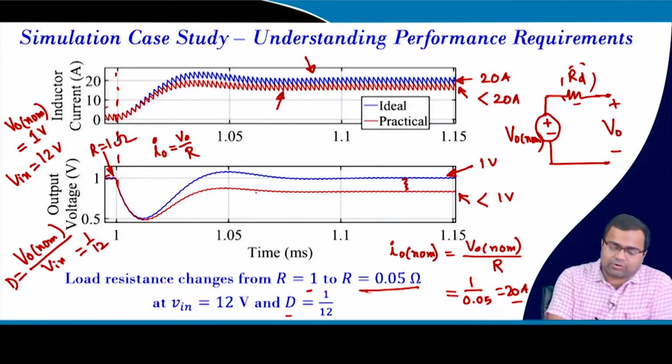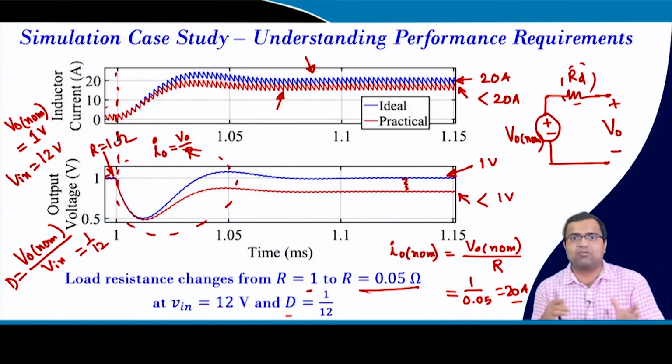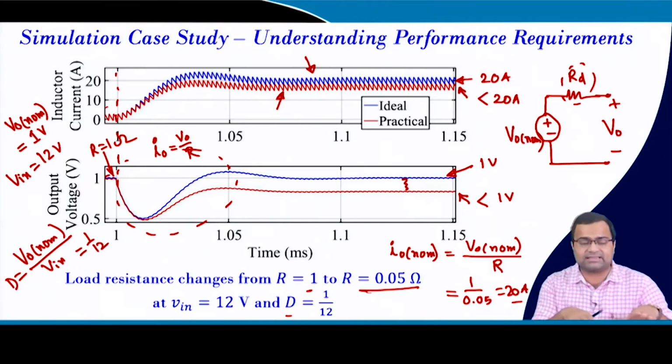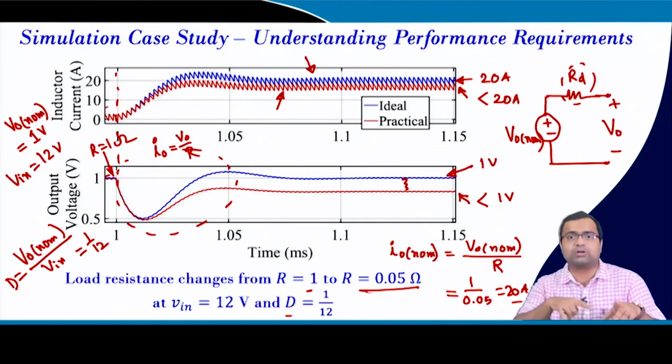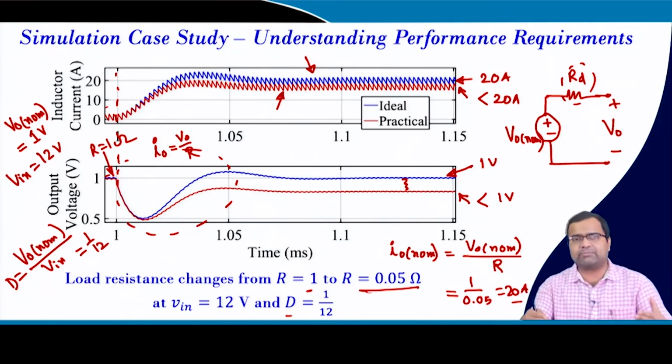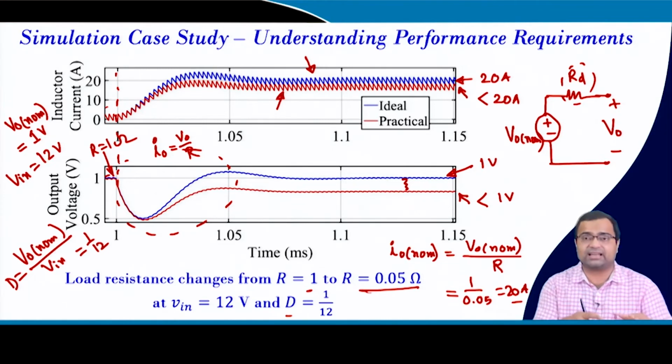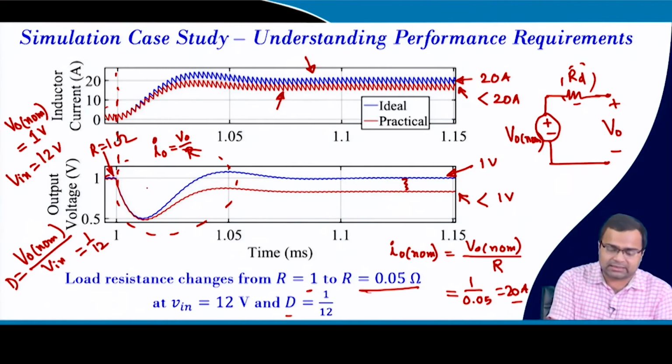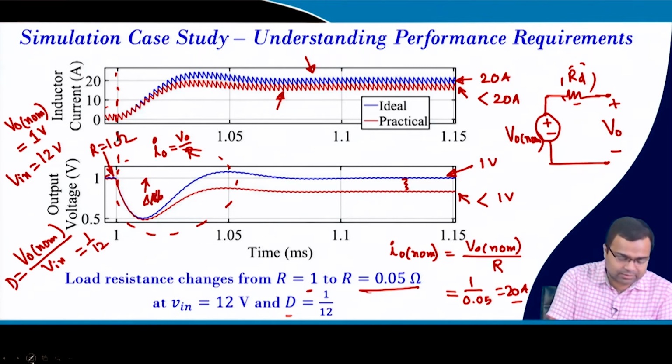The other point I want to show, I have just shown you the transient effect, because it is an open loop, so the voltage does not simply change immediately. There is some overshoot and undershoot, whether it is an ideal buck converter or a practical buck converter. When there is a step up load transient, there is a voltage undershoot and it is around V0, that means there is a